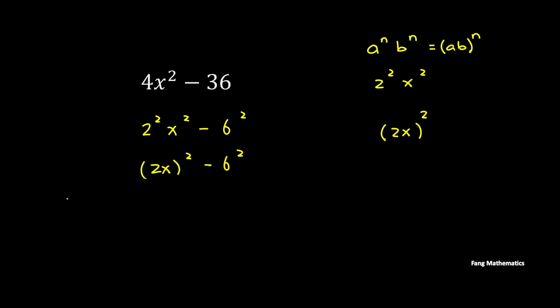And let's recall our difference of two squares. You have a squared minus b squared is equal to a plus b multiplied by a minus b. And if you see this 2x inside the parentheses is just like a form of a. So in place of a, you are to put 2x,